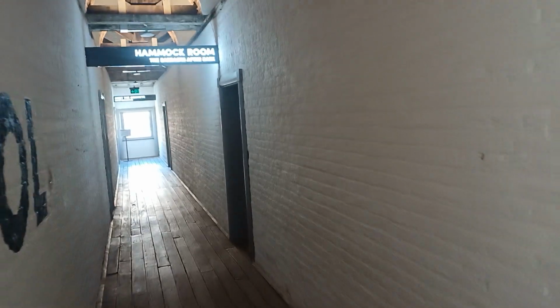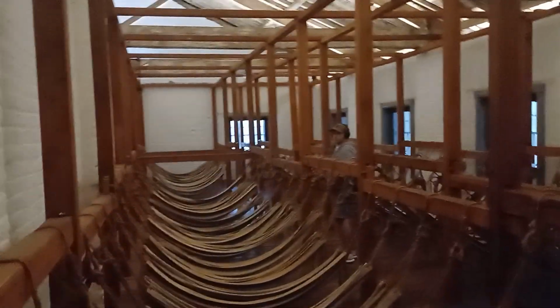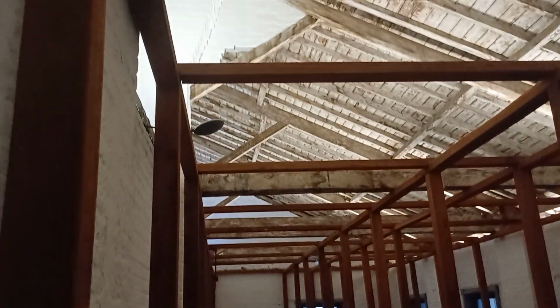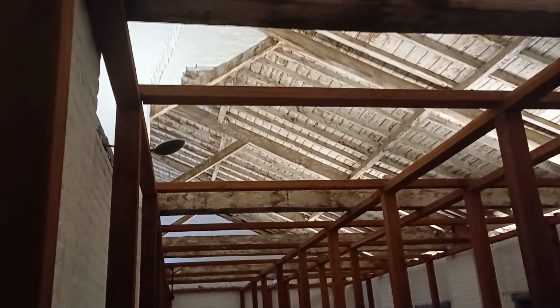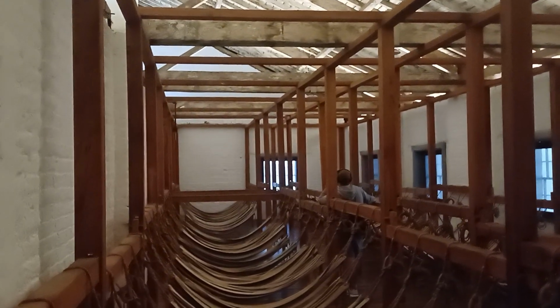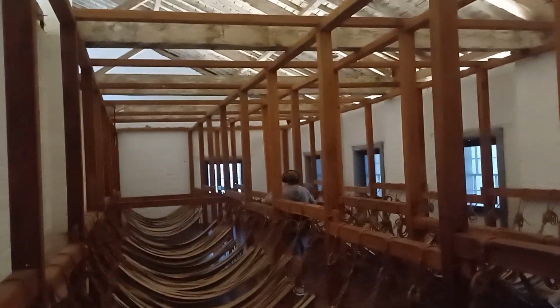So the first room I'm going to go into is show you one of the rooms where the convicts slept in their hammocks. It's all original. And early Sydney, the early buildings, certainly the first 50 say to 100 years of modern Australia being built was built by the convicts, you know, on road gangs and chain gangs and in quarries and